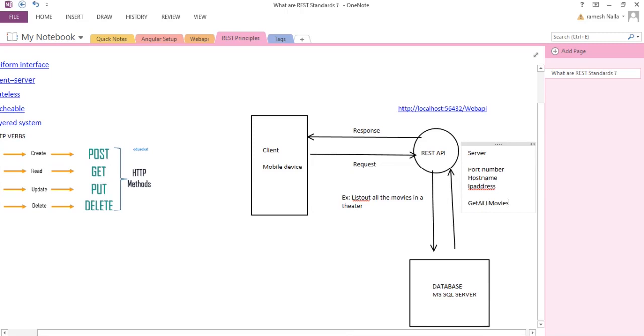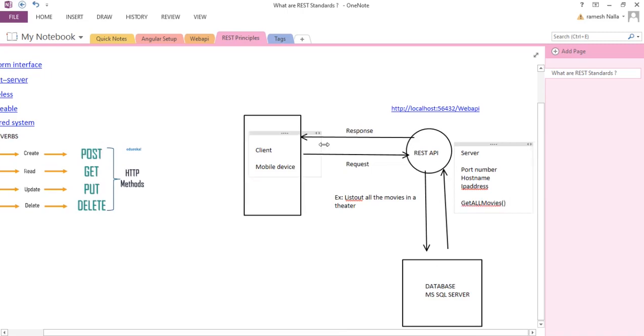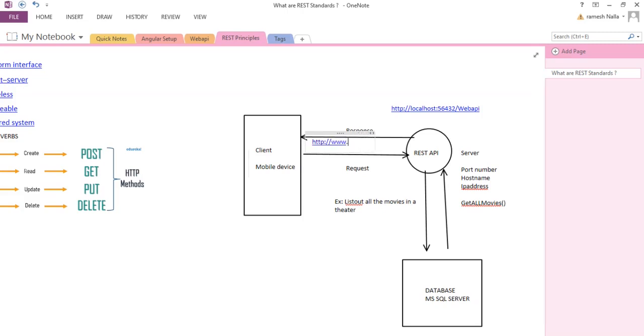Okay, get all movies. So we are sending a request. How are we sending a request? We are sending a request like this: http colon www dot movies site dot com slash get all movies, let's say, for example.